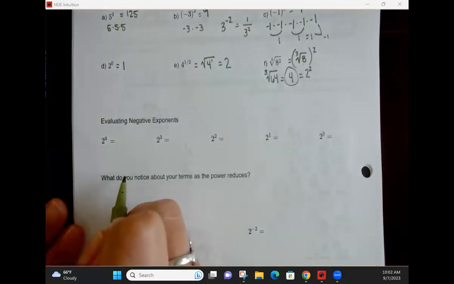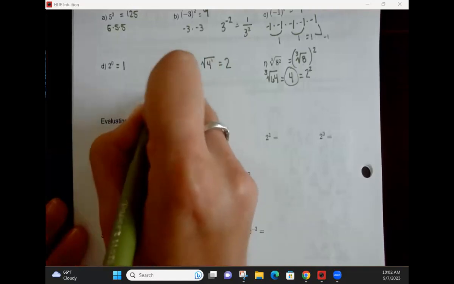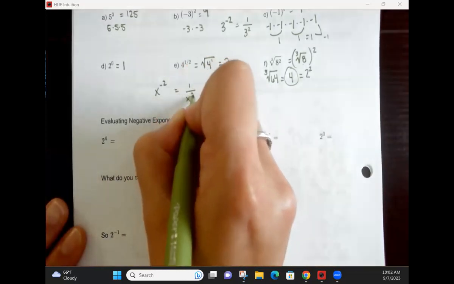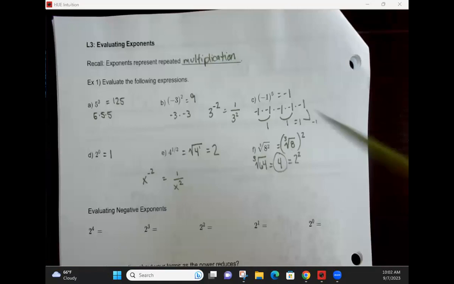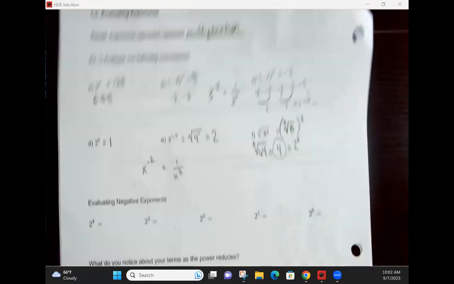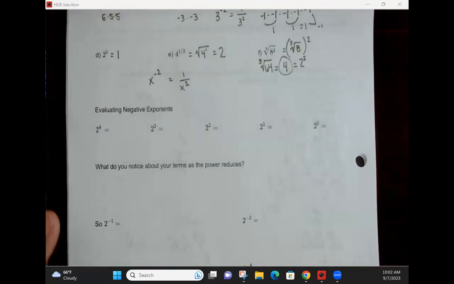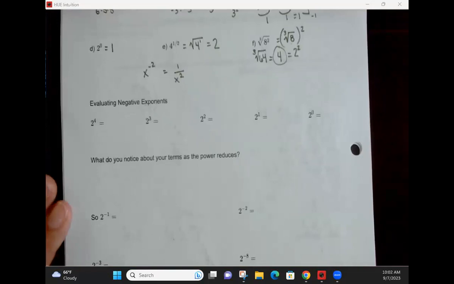I want to talk about evaluating negative exponents on an actual number. We talked about when I have something like x to the negative second, that means 1 over x squared. We talked about it just a little bit, how that means reciprocal, but I want to talk about when I'm actually evaluating numbers to a negative power. I'm going to start in a place that might seem a little counterintuitive, when I evaluate numbers to a positive power. So 2 to the